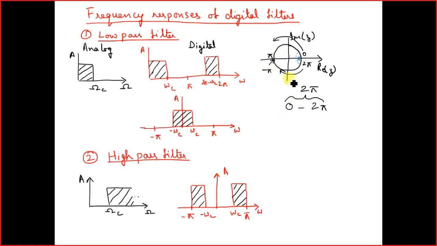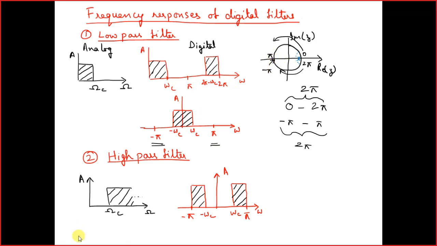So if you look into this region, minus pi to pi, what is the range of the frequency? It is also 2 pi. Why? Minus pi to 0 is pi, then 0 to pi is another pi. So you are getting 2 pi, right? So what we have done is fixed our range from minus pi to pi, right?